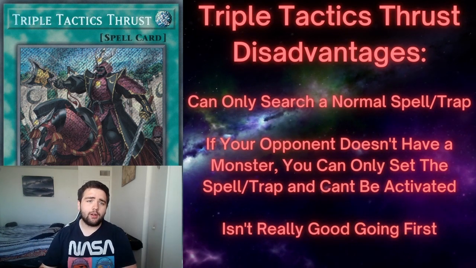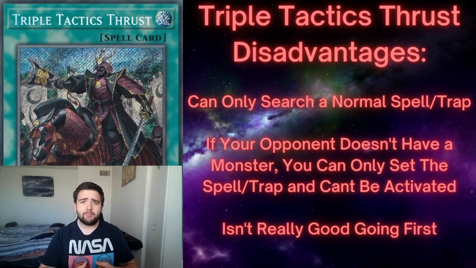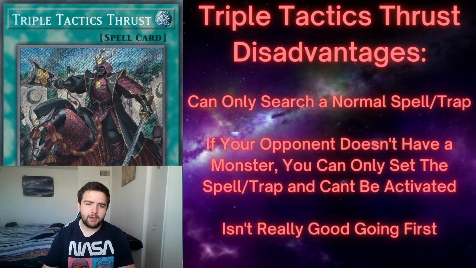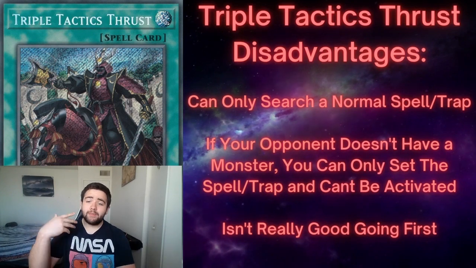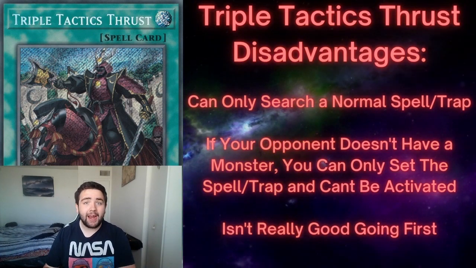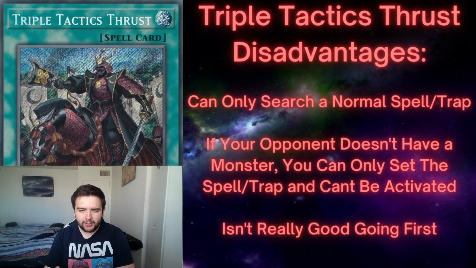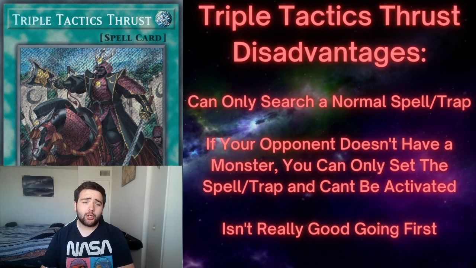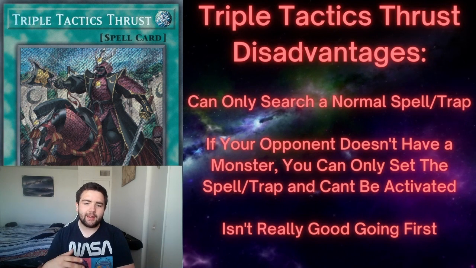Something like Ash also comes to mind as well. Something like field spells and continuous spells also can't be searched through this, but it's more the quick-play spells that really do come up when you think of this card. 2, if your opponent doesn't control a monster, you can only set the spell/trap, and that spell/trap cannot be activated. Now this doesn't really matter if you're going second because they're most likely going to have that monster, but going first it's not really doing anything, and that's why the third one is that I say it isn't